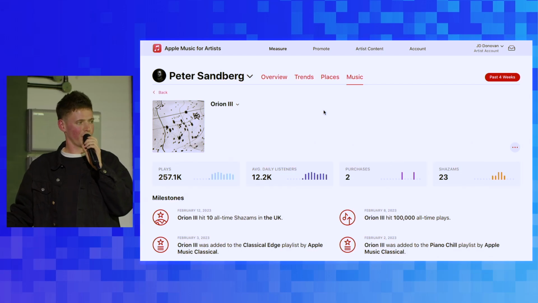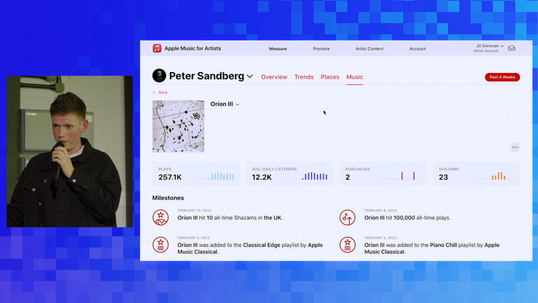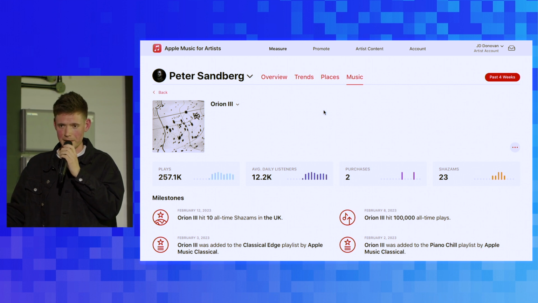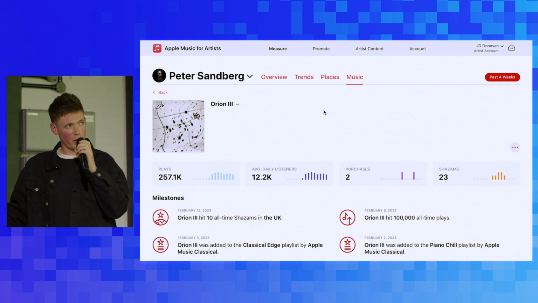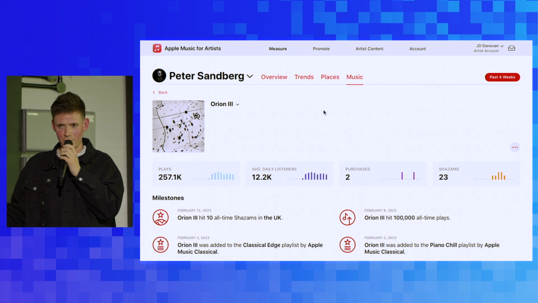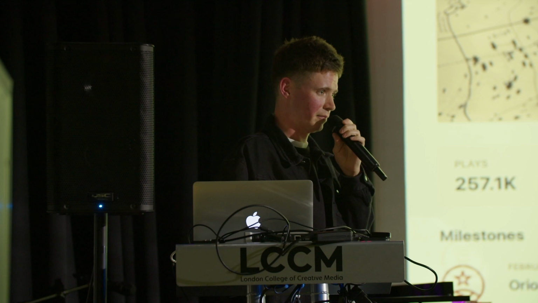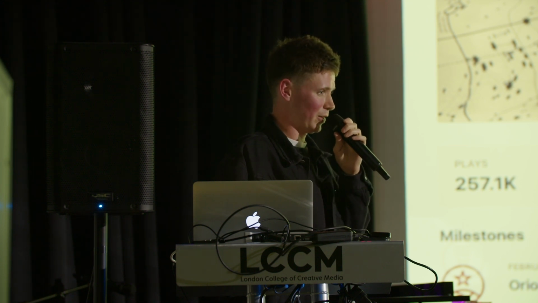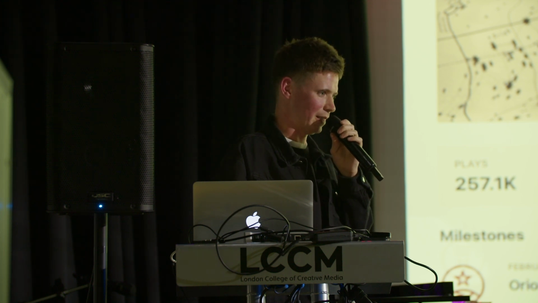Okay, so that's Apple Music for Artists, an overview. So how do you sign up? Very easy, go and find Apple Music for Artists. It will ask you to paste your artist link that you can get from Apple Music or iTunes or whatever, and you'll have to fill in a few details. It's not as easy as Spotify, but it's still pretty straightforward. So if you're releasing music, go and sign up. This is totally free. It costs you money to have Apple Music, but the back-end platform here is free.